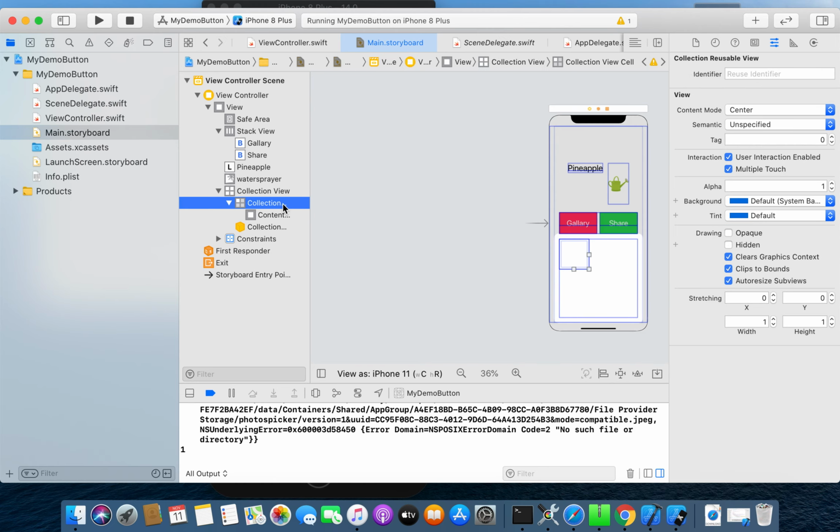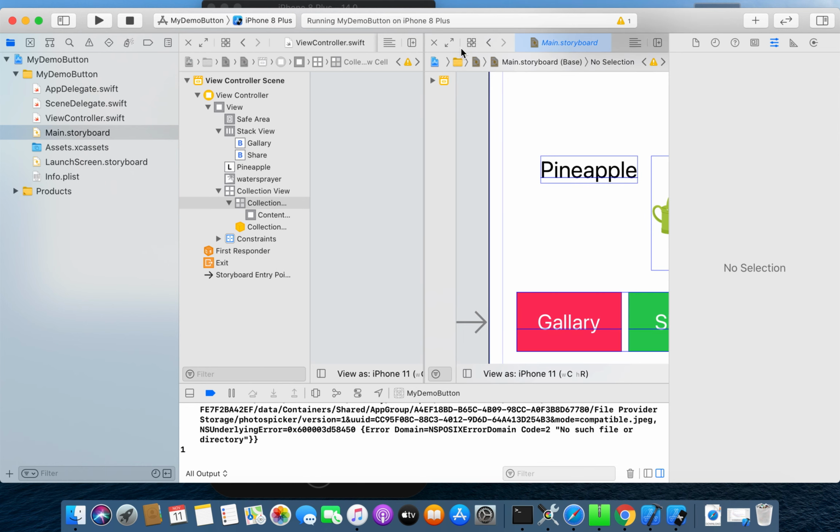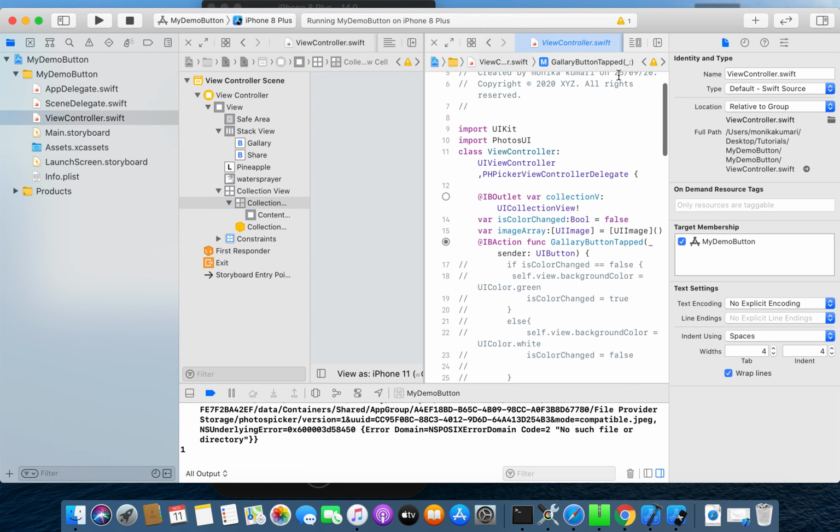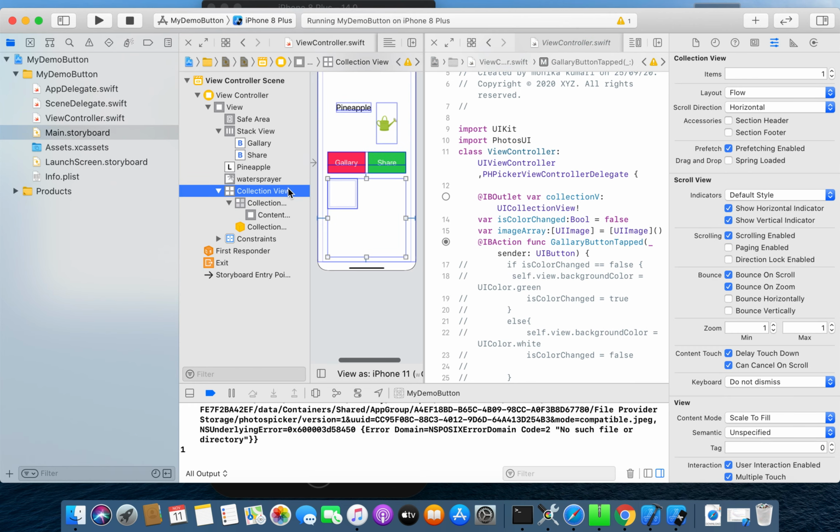So now I need to provide the outlet for the collection view. I will click this add editor on the right. I will click my view controller, go to my ViewController.swift file, and I will connect my collection view. I already have created the collection view outlet over here. I can connect it, or